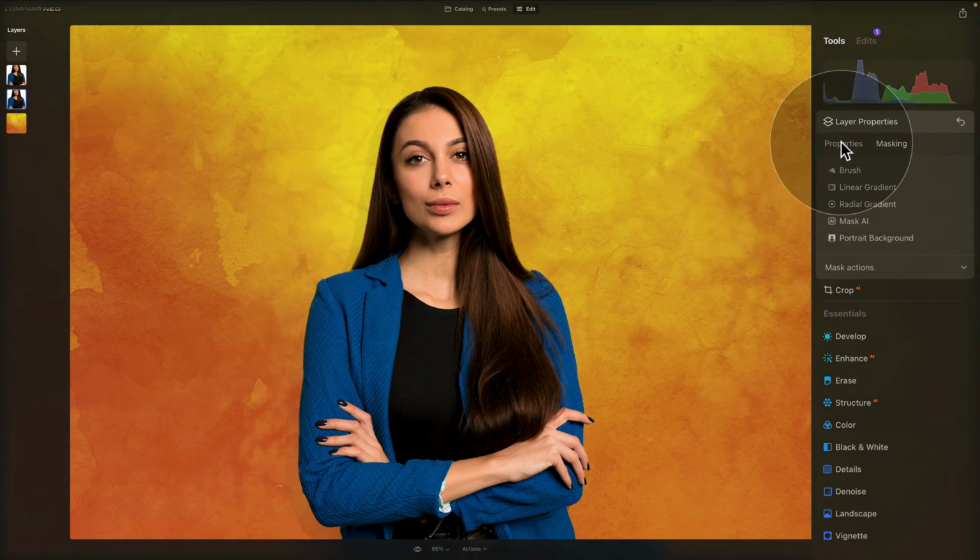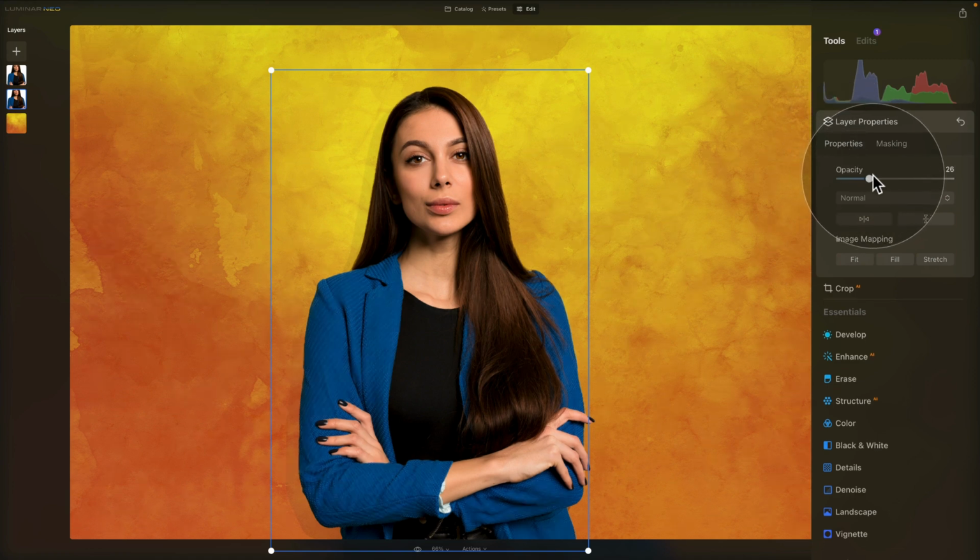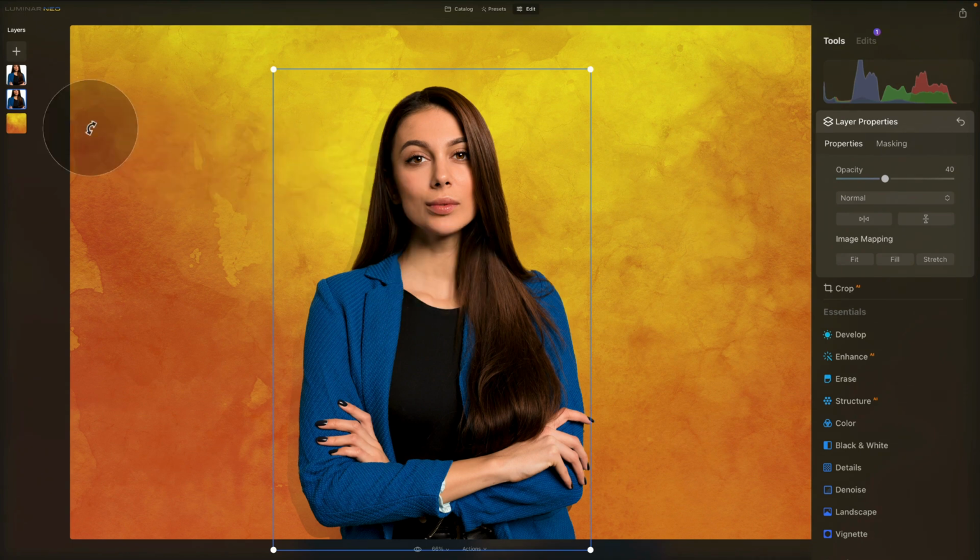Now we can come back to our properties, and in the properties we can again play around with the opacity to make it a little bit more or less visible. So I think something like this. We can still adjust the position of the shadow, and with this I think it's about as far as we can go with this type of shadow. The only thing you could still do now is, still making sure that you have your shadow layer selected,